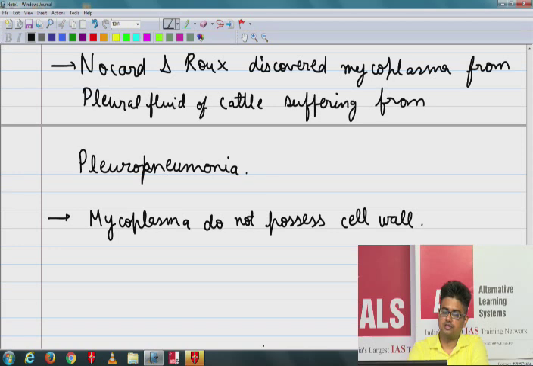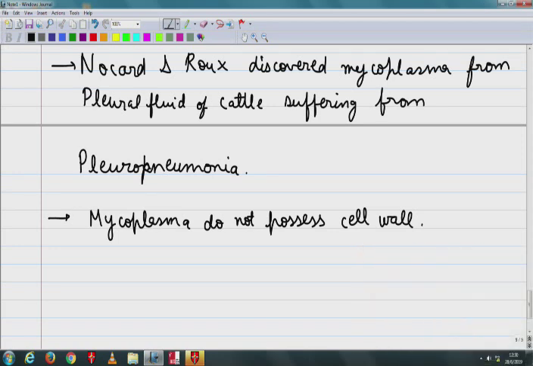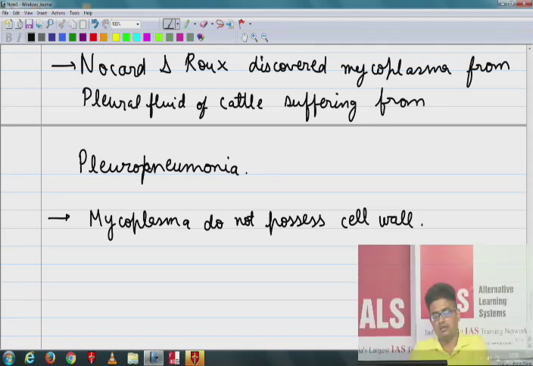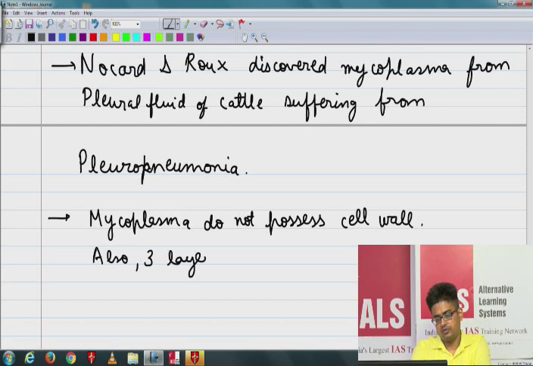Mycoplasma do not possess a cell wall. They have a cell membrane, and the interesting thing is that their cell membrane is triple layered. Three layers of cell membrane are found. One more interesting thing: if they do not possess a cell wall,